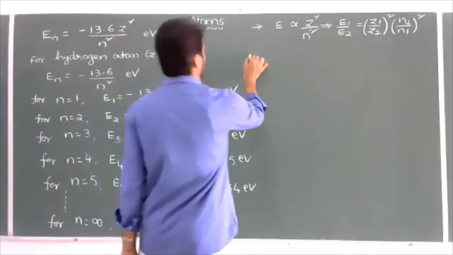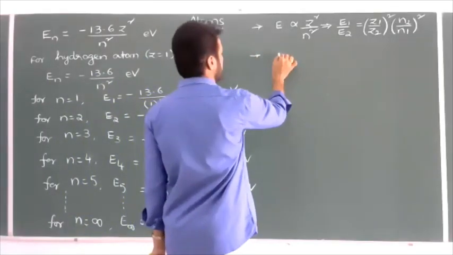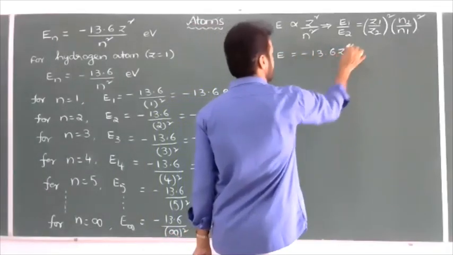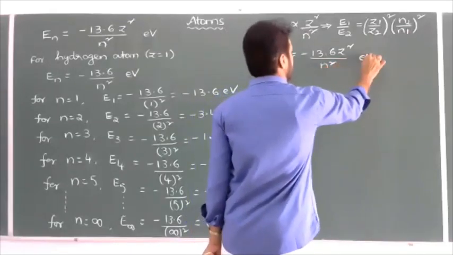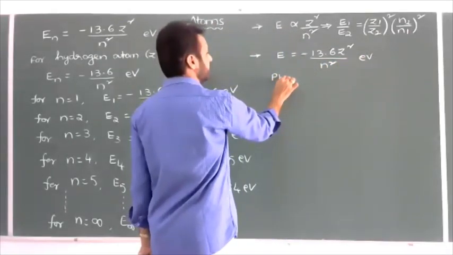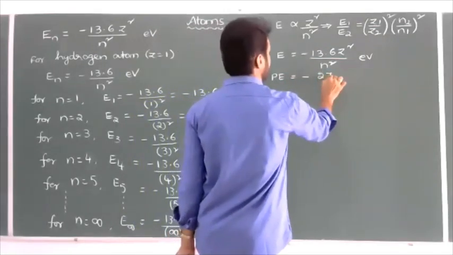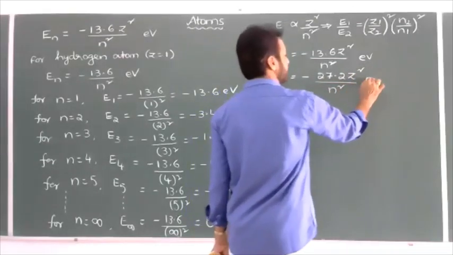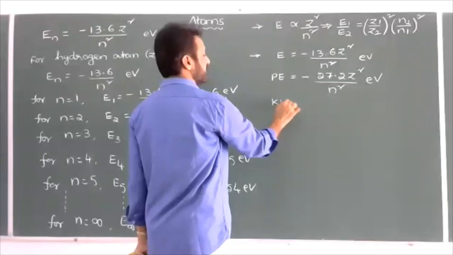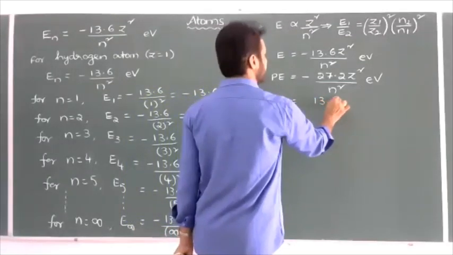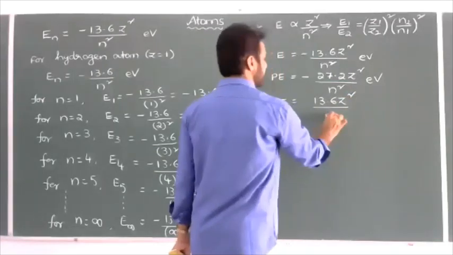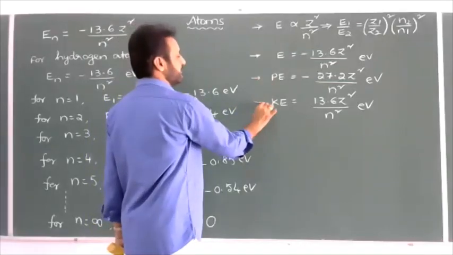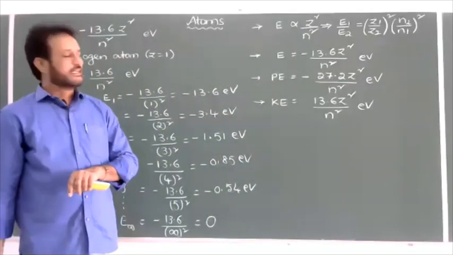And one more, if you write the three formulae, total energy I have given already. Total energy of electron is equal to minus 13.6 into Z square by N square. Similarly, the potential energy formula is equal to minus, it is a double the value, 27.2 into Z square by N square electron volt. And the kinetic energy of electron K is equal to plus 13.6 into Z square by N square electron volt. So remember this three formula carefully: total energy, potential energy, and the kinetic energy of electron in the nth stationary